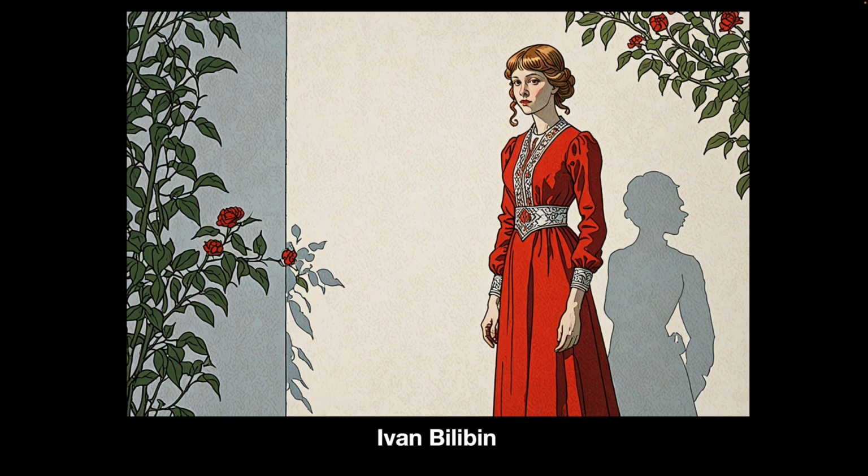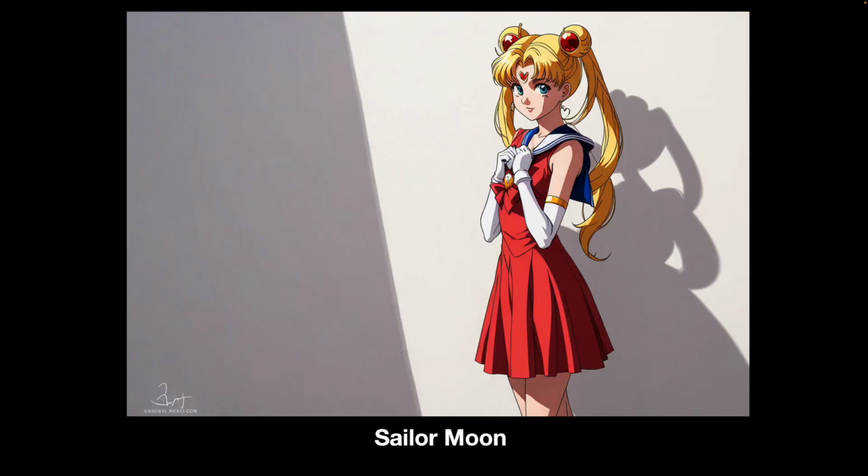Ivan Bilibin is, I think, about the same time as Arthur Rackham in the 1900s, and he was a famous illustrator and a very, very good illustrator in Russia. But obviously quite a few Ivan Bilibins have gone in there because that's made an image. It's moved the whole image. We've not got a sort of generic white wall. It's taken over the whole image. So Ivan Bilibin is a very strong quote. Sailor Moon, is that the character or the artist? I have no idea. I am entirely manga ignorant, or anime ignorant. But anyway, very strong. Very, very strong.